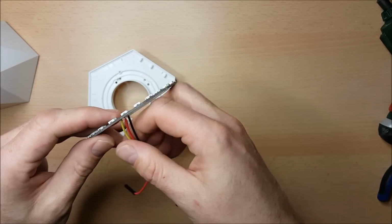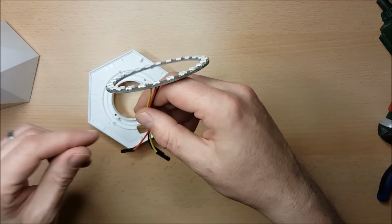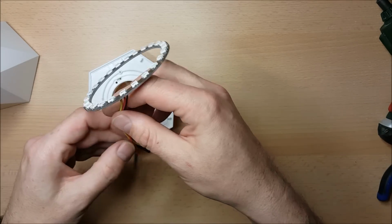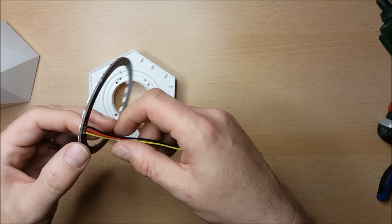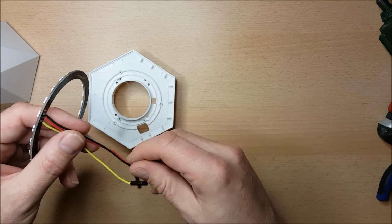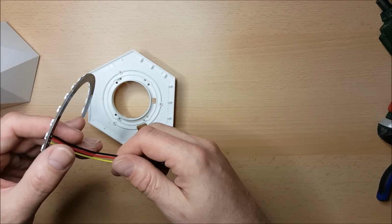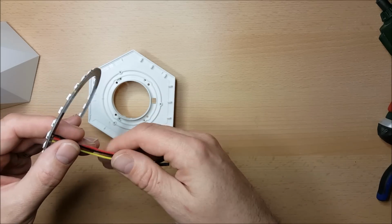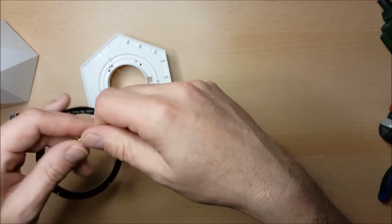And then we'll work out how we're going to attach these to the circuit board. I've used DuPont cables here, one because I want this top assembly to be detachable from the bottom assembly. I'm planning to maybe play around more with this. I've really bought it as a toy. So rather than have it all permanently soldered together, I thought it'd be better if I could disconnect these easily. So before I do my gluing, I'm just going to feed these